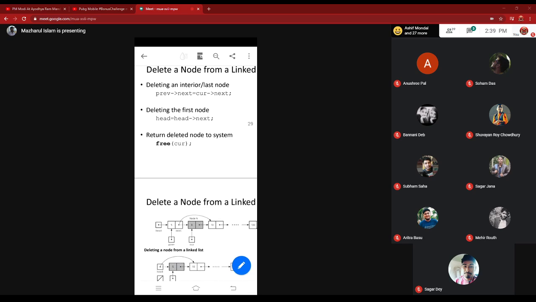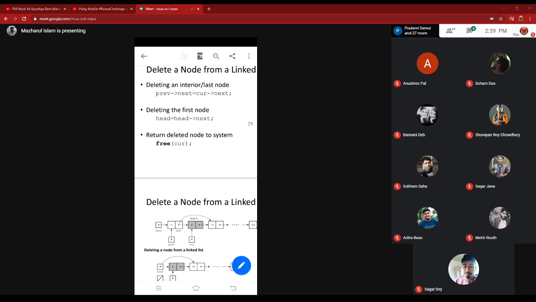Every time you delete a node, you have to free it by the free function of C, otherwise there is a memory leak, which I told you about. You may get a segmentation fault error. If you are creating nodes every time but not deleting the unused portion of memory, then at a certain point of time you will not get the required memory, so segmentation fault may arise.